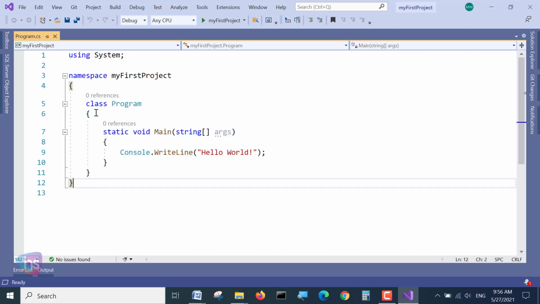This is the class, and the name is Program. We use the class keyword, and the name of the class is Program. Program is also a predefined keyword, a class name. Within the namespace we have multiple classes, as you understood from the previous lectures on namespaces, classes and application architecture. There you can identify this.